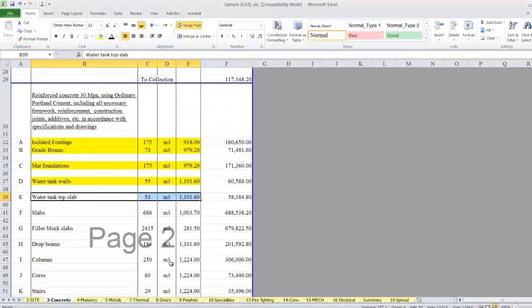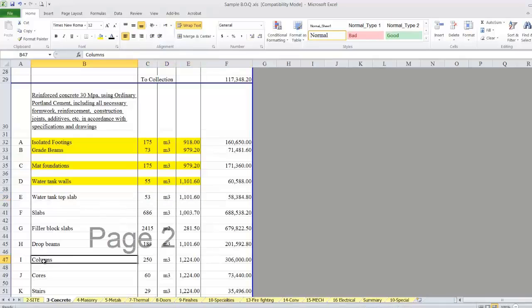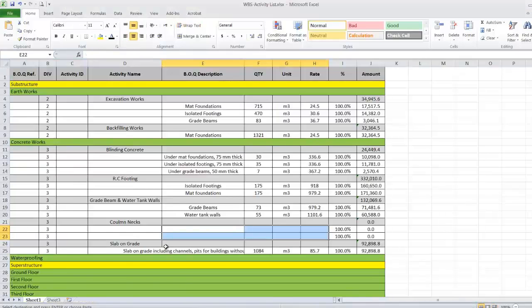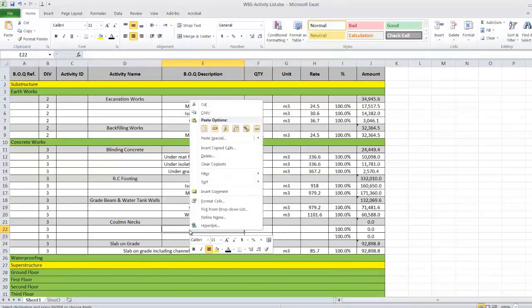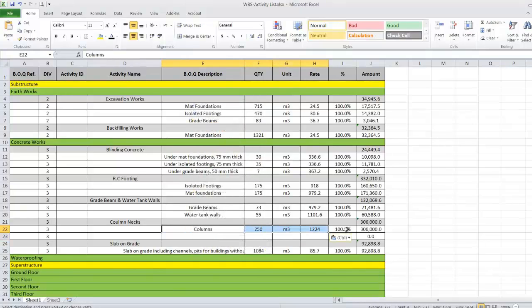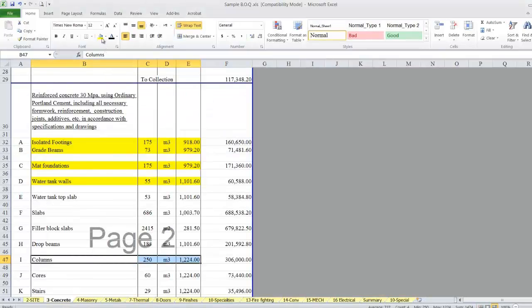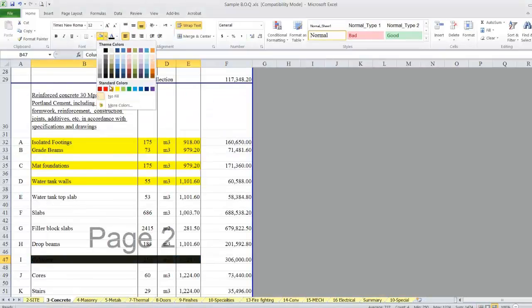Then here I'll copy the column and in that case I'll give it percentage 10%, only 10% for the columns, and here I have to give it another color. It means I took a portion of it but the remaining portion is not yet finished,